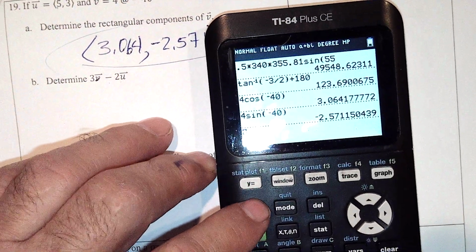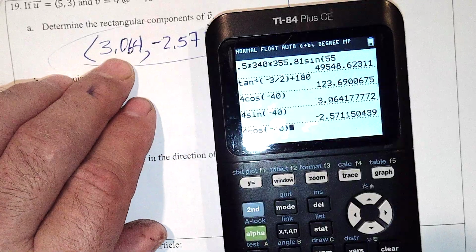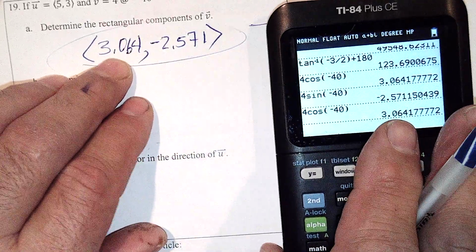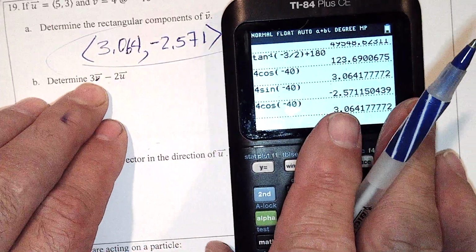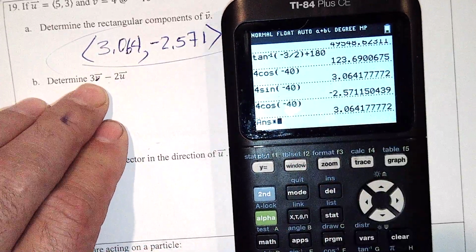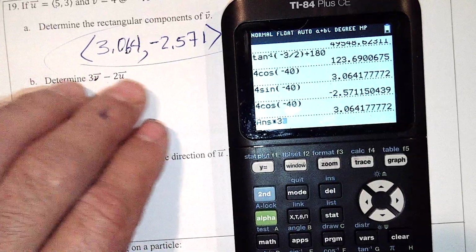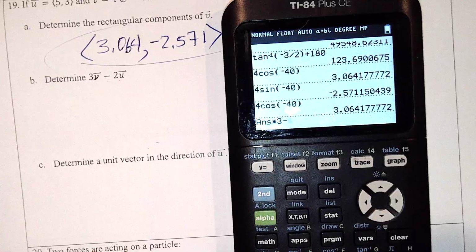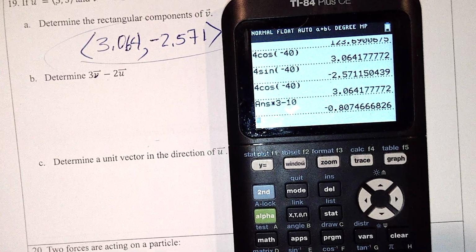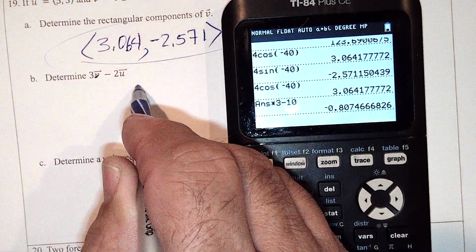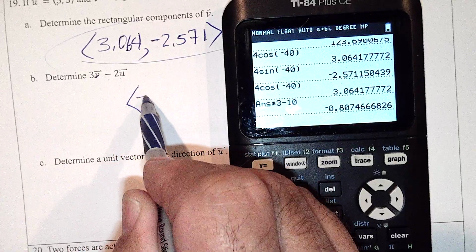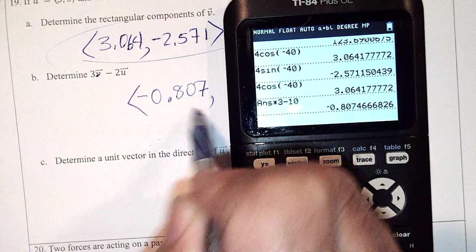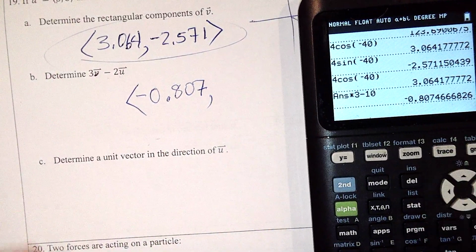So the cosine, that's that. 3 of the v's, so that times 3, and minus 2 times 5, so that's minus 10. Negative 0.807. And then I got to do the same for the